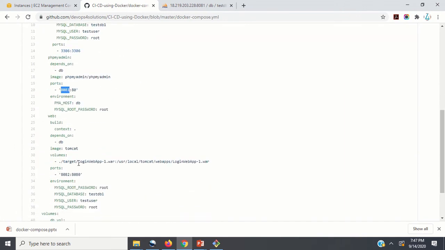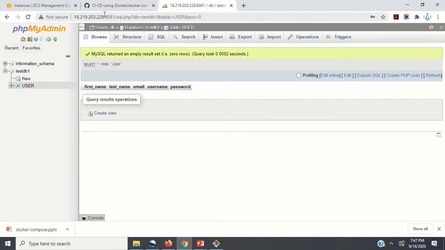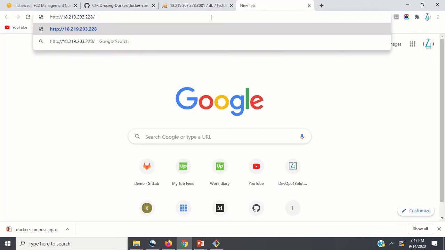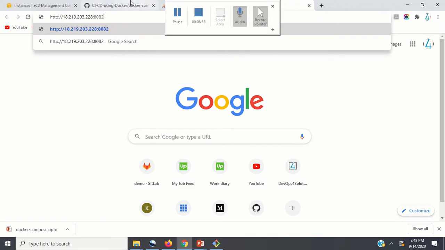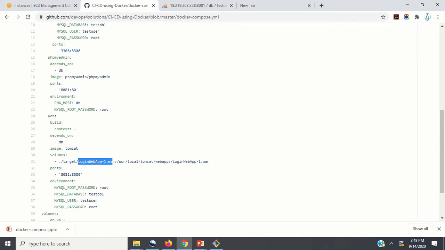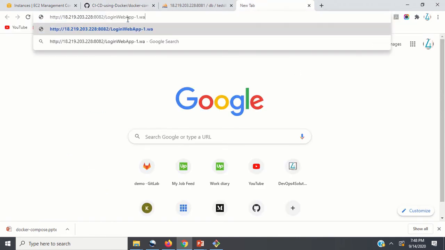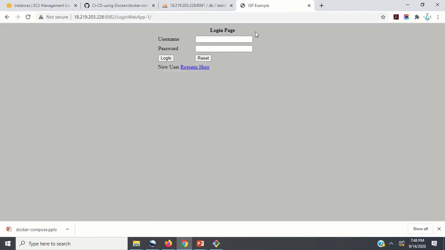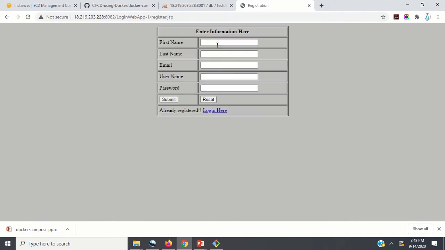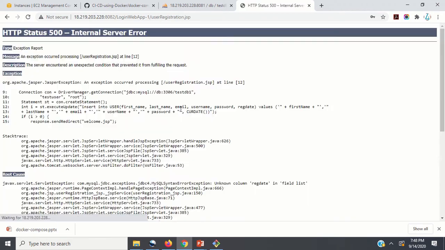Okay, and now we will access this application. This is running on port 8082. So let me just run this. Just a minute. So here it is, colon 8082, I think. Yes, 8082, and this is login. So you can see my page is there. I'll show the database connectivity also. So right, I'll just put some details here so that it shows that it is able to make a connection with the database.